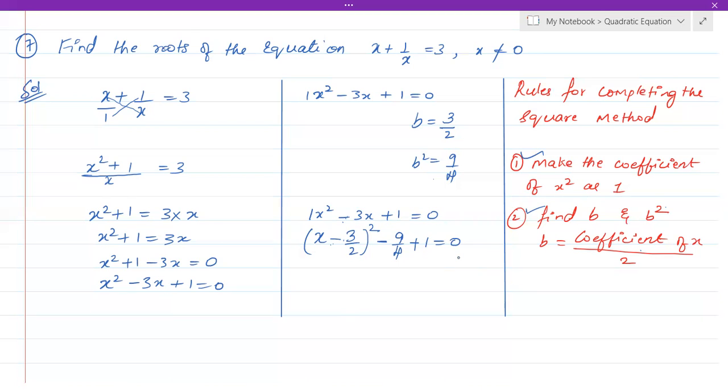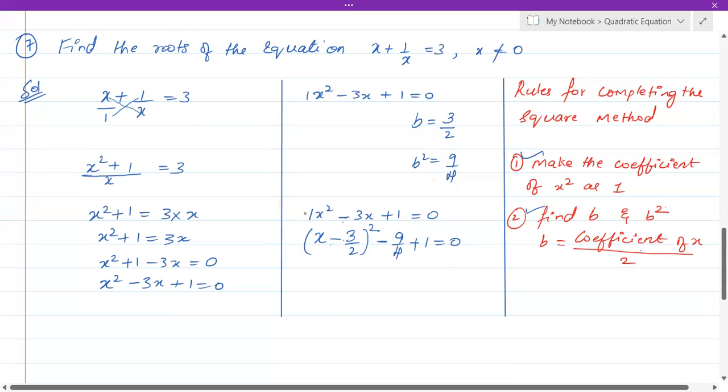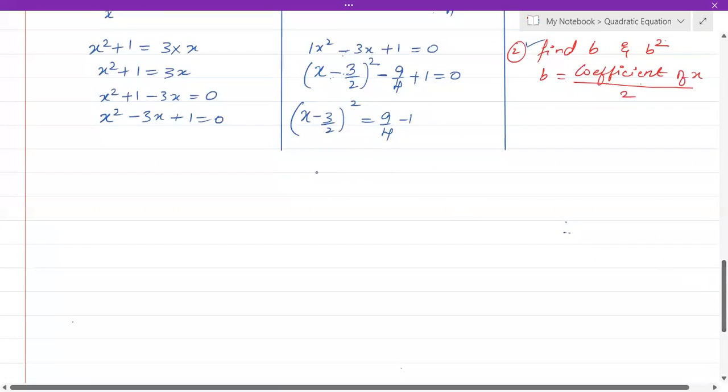So after this, we will take the numbers to the other side. That is, x minus 3 by 2 whole square, minus 9 by 4 and plus 1 to the other side. Minus 9 by 4 on the other side will become plus 9 by 4. Plus 1 to the other side will become minus 1. So here what we have got is x minus 3 by 2 the whole square equals, this 1 can